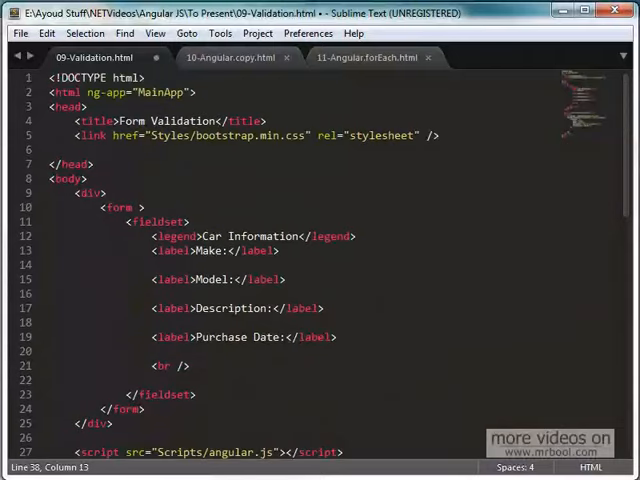Let's scroll up to the top, and then over here I have the body of the page, and then I have the div that contains a form. The form has a field set, car information as a legend, and then I have a make, model, description, and purchase date. As you can see in here, I'm also referencing Bootstrap from my styles folder. So in the current folder, I have a styles folder. Under the styles folder, I'm referencing